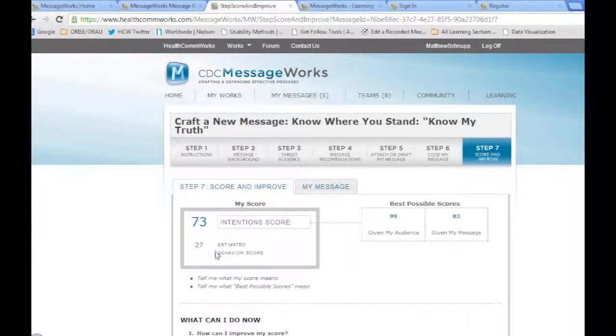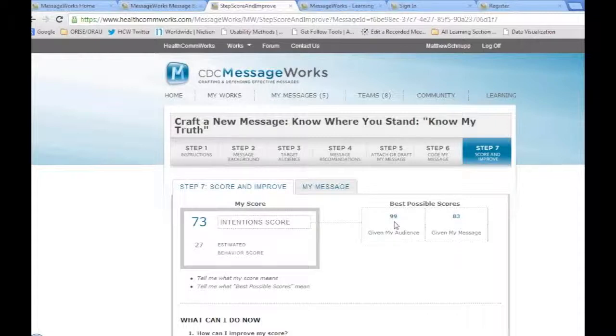One of the ways you can see the potential opportunity to increase the return on investment is these 2 scores over here. The first one, this 99, suggests that given my audience, saying that everything that you've coded for your audience is static, I have a mandate and we can't change who we're targeting. In this case with the HIV/AIDS campaign, they're targeting African American, gay, bisexual men. So we know this. But if you could change the message tactics that Dr. Keller mentioned, the emotion, the vividness, the referencing, the gain or loss framing around this message topic, I might be able to increase my score from a 73 to a 99, which is a pretty big jump.